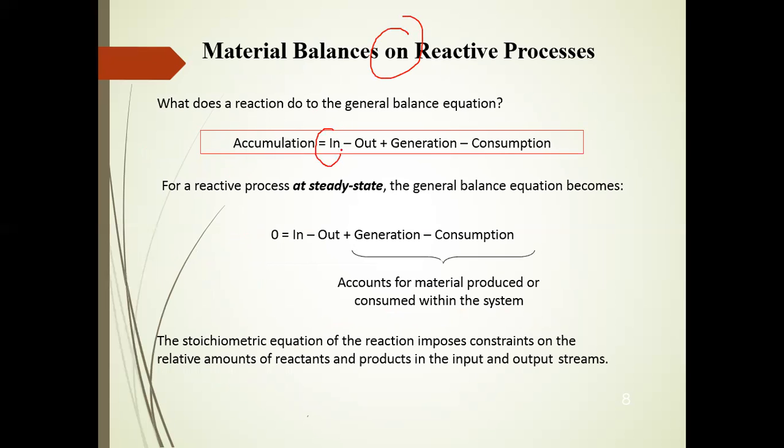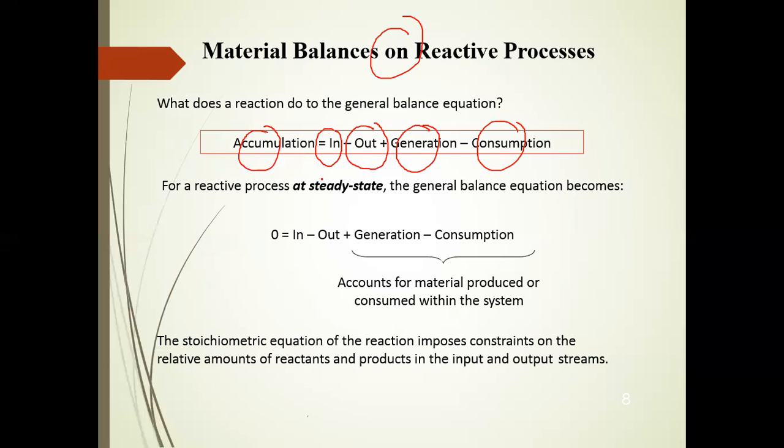Material in within your system: first you have to define a system for the specific task on which you are going to apply the material balance. How much material is going into your system, how much material is going out from your system, how much material is generated or produced within the system, and how much material is consumed from the feeding section, that becomes equal to your accumulation, how much material has been accumulated.